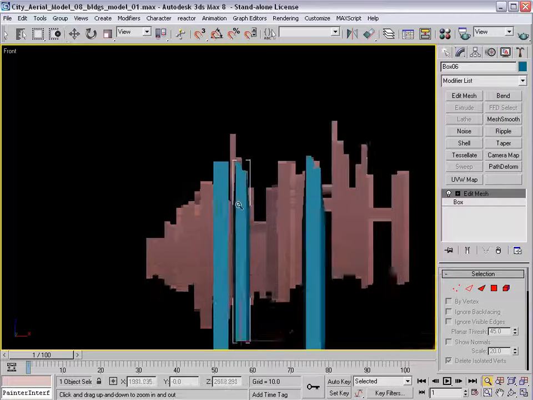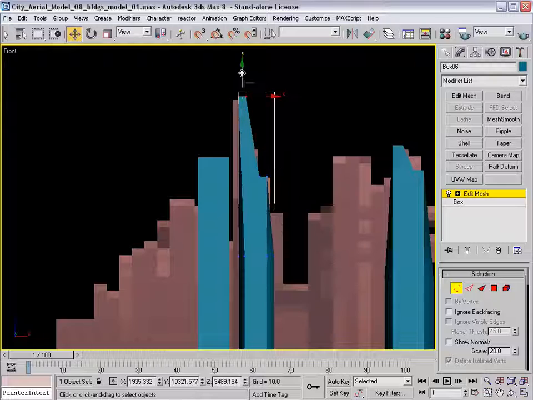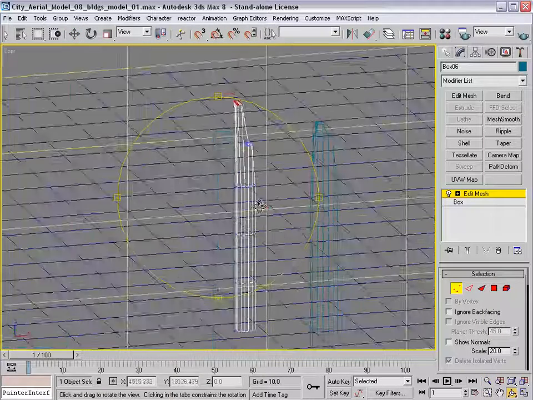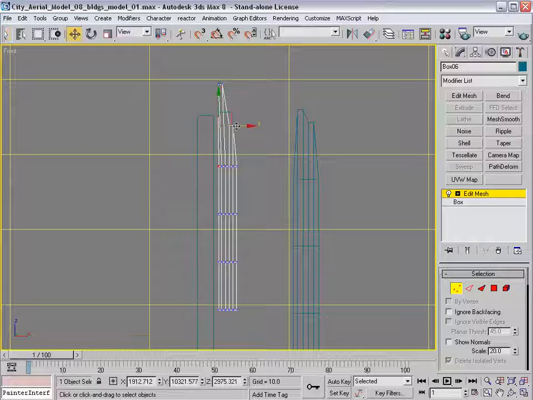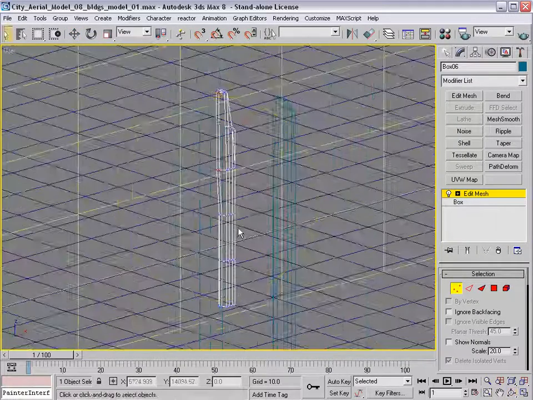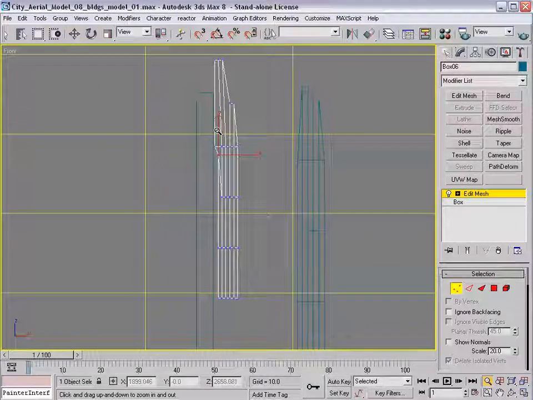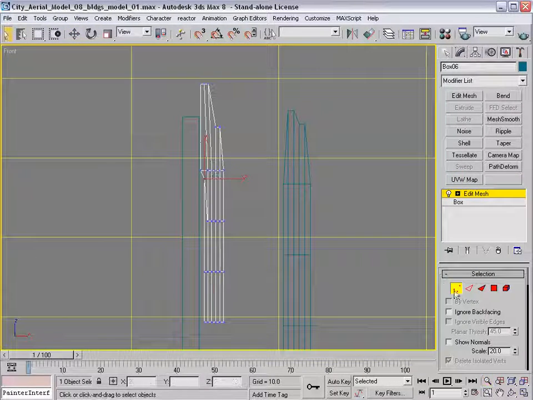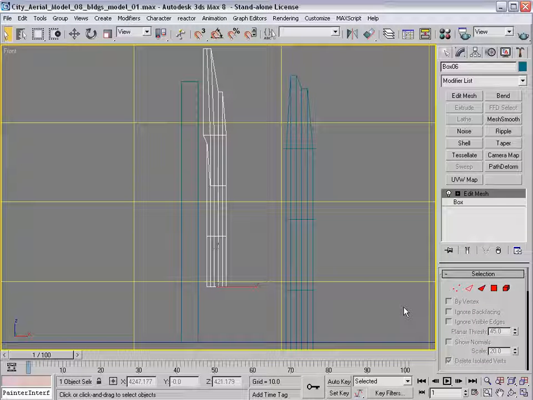A nice taper to them, and typically a handful of spires here and there sprinkled throughout the city adds for a nice vertical look. You'll notice that I've subdivided the boxes into just a